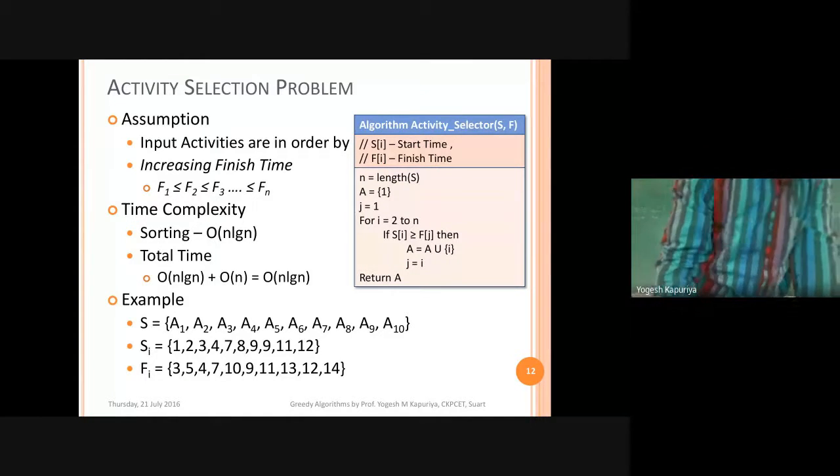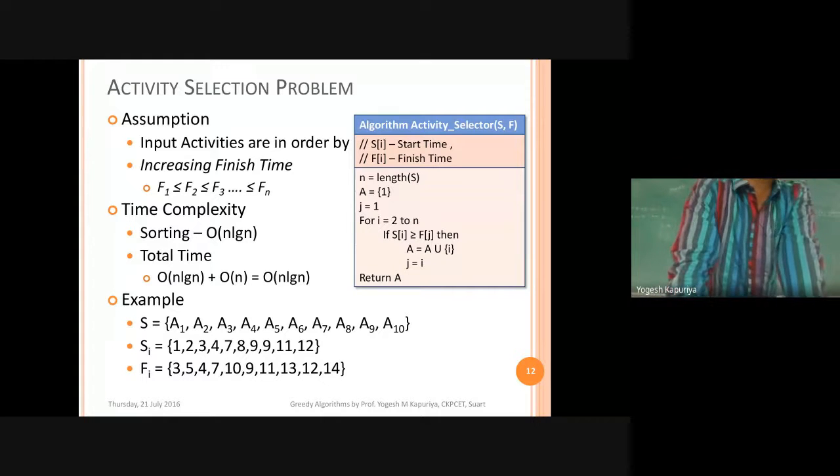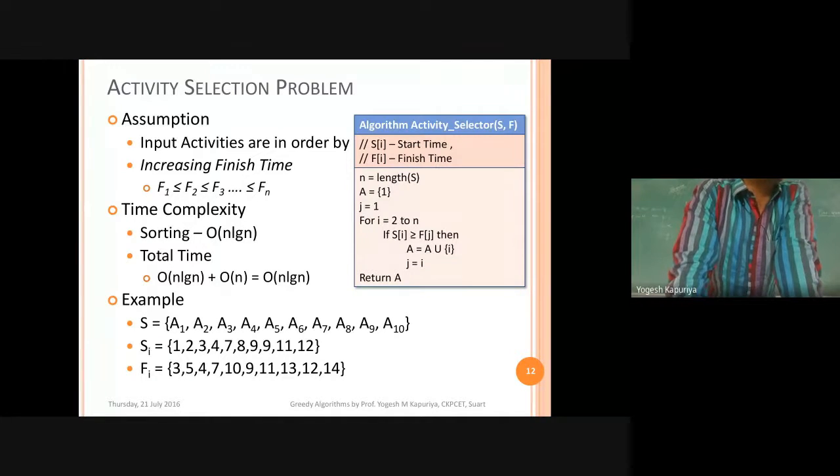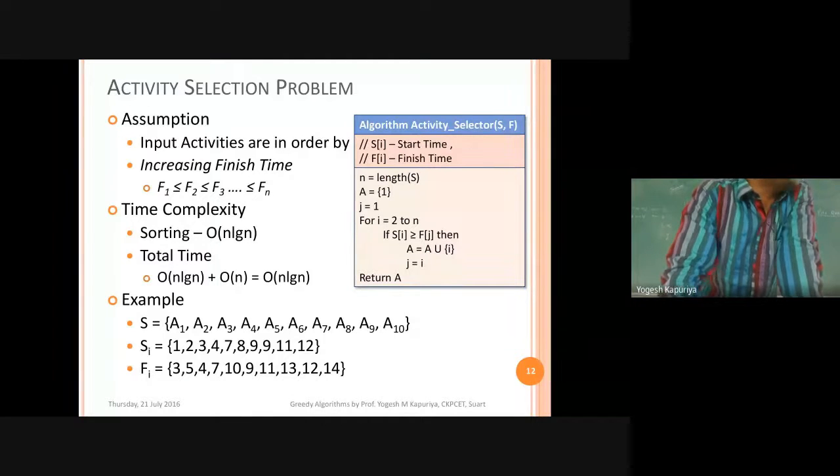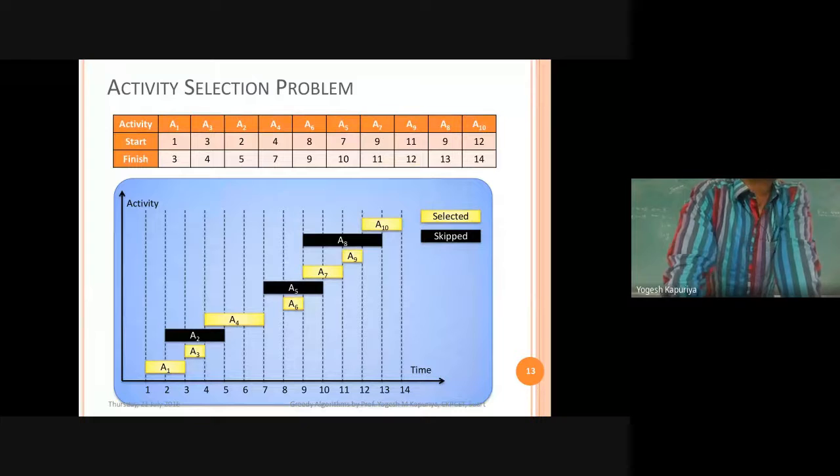So if you check the algorithm, this is what we are doing. You have to sort the activities on their finish time. That is the greedy choice property here. And then you will start picking an item if that item is not clashing with the previous one. If you see that graph, you will get the idea that while selecting A1, there was no choice. So A1 can always be picked.